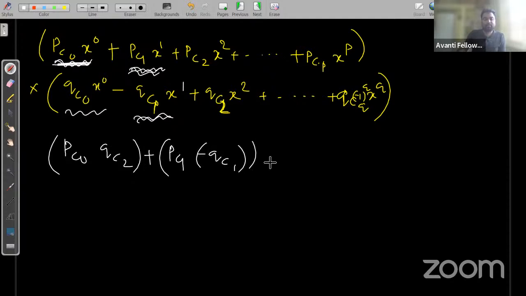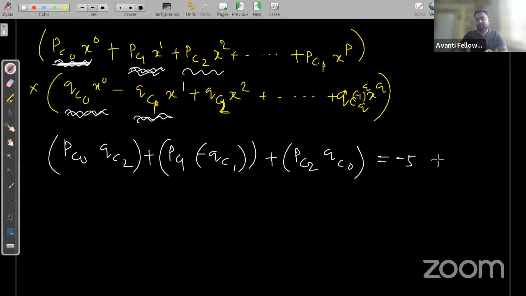Okay, plus these two we can also multiply, that is PC2 into QC0, which is given as -5, the coefficient of x square. Is it or not? So if we solve this, or if we find the value, that is